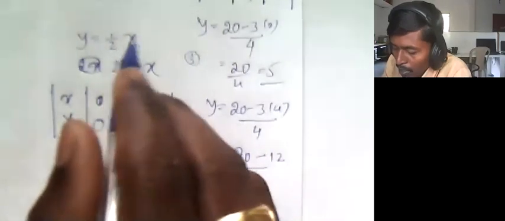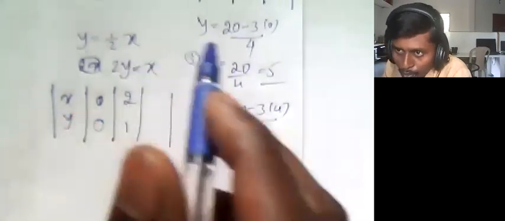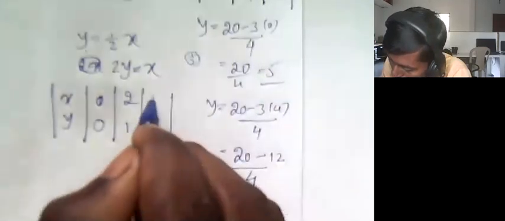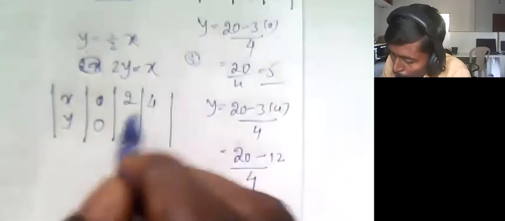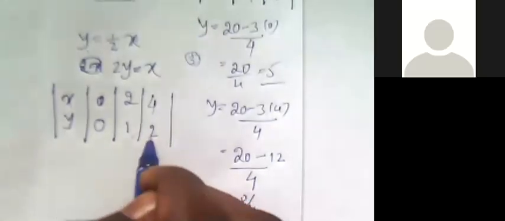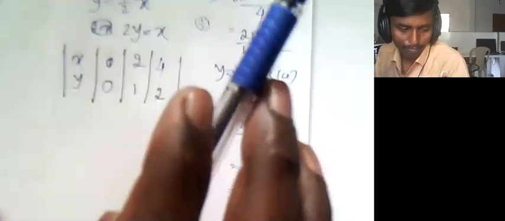If x is equal to 3, that means 3 by 2, we will get a fraction. Leave it. Put x is equal to 4. Therefore, 4 by 2 is 2. y equals 2. Here these solutions are enough.